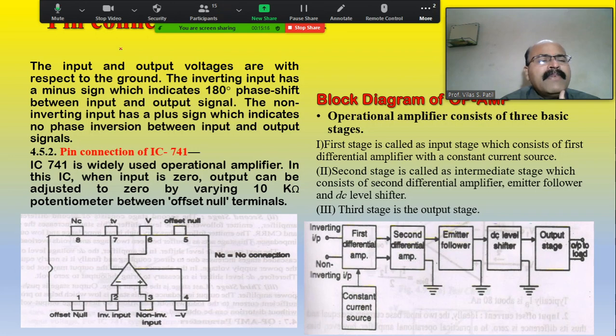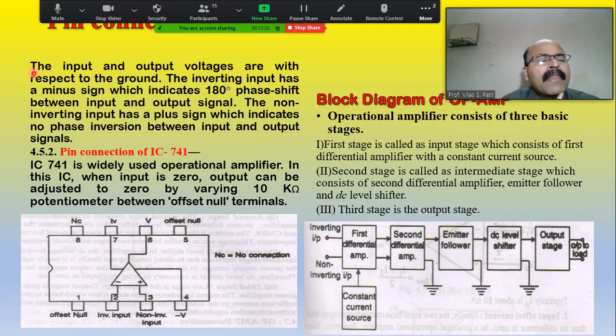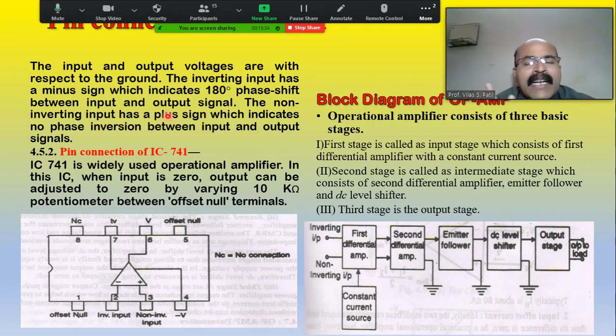आता पिन कनेक्शन्स मध्ये काय करायला लागतं बघा मित्रांनो. आपल्याला इन पिन कनेक्शन इथं मी लेझर घेतो म्हणजे लक्षात येईल, आपल्याला दिसेल लेझर. हा लेझर आहे बघा, that is pin connection. And in pin connection, the input and output voltages are with respect to the ground. मगाशी सांगितल्याप्रमाणे इन्व्हर्टिंग आहे. इथं पिन कनेक्शन ऑफ द IC